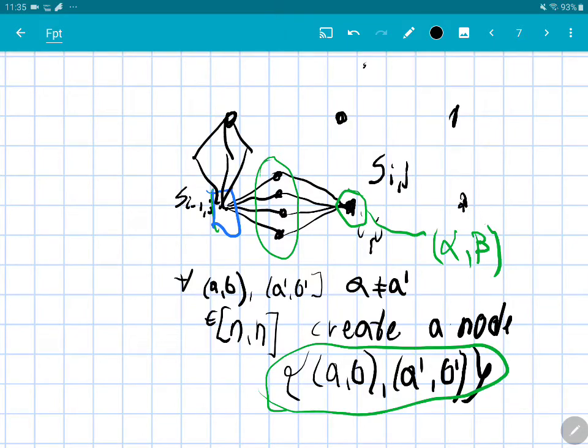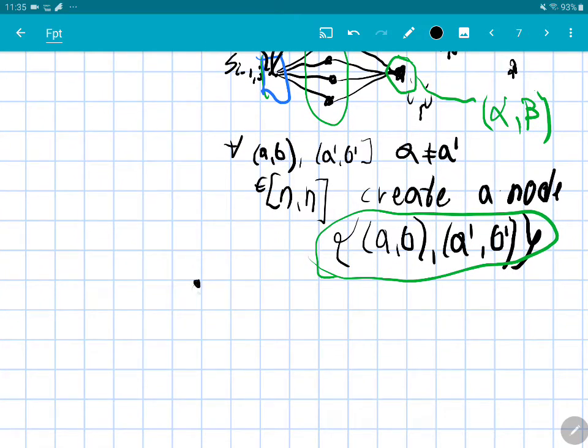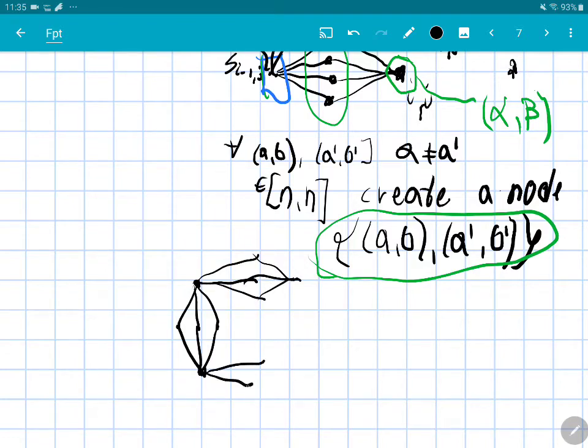Okay, parallel paths. So the resulting graph is a bit weird, right? It's essentially this grid where instead of grid edges, we have all those parallel paths, and it's going to be a t by t, or if you want a k by k grid. But it's not hard to see that this graph has essentially the same treewidth as the k by k grid, and in particular it has treewidth k, or treewidth t, right? It's the same parameter. So we got this weird graph, this grid with a lot of parallel paths for every edge, and which has treewidth t,